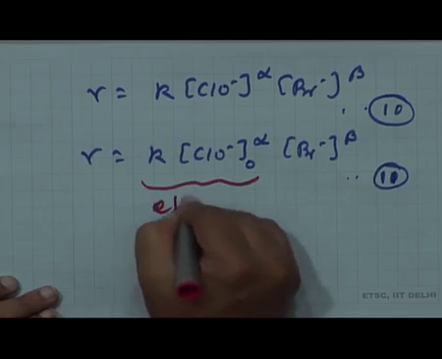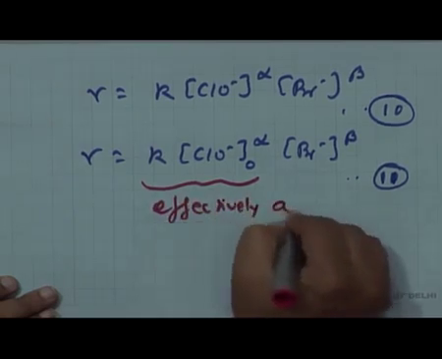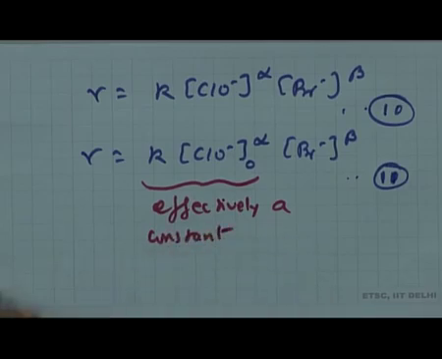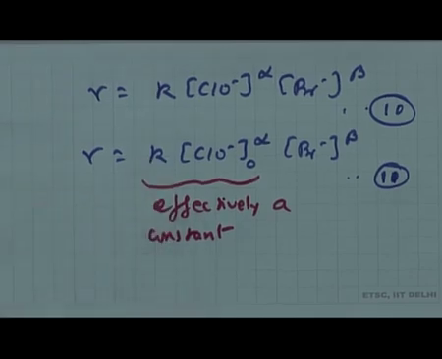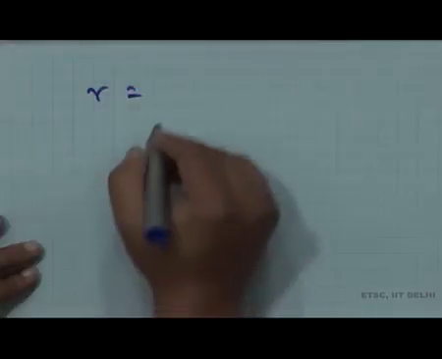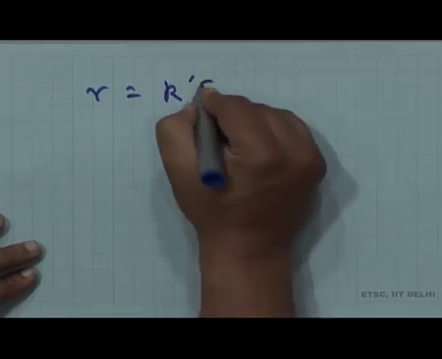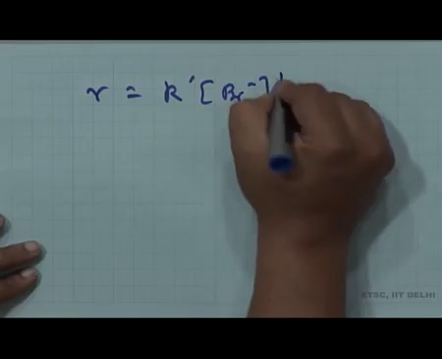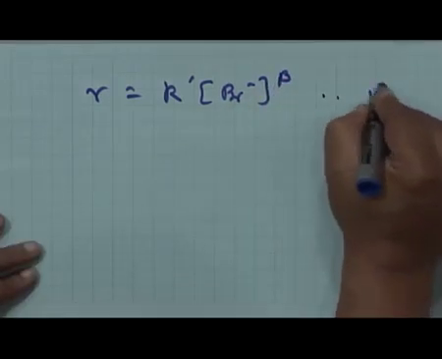is effectively a constant, is it not, because ClO minus initial concentration is constant, ClO minus has not changed at all. The approximation is because the change is so little that it is equal to the initial concentration it started with, times K, which is the rate constant, which is obviously a constant. So, I can rewrite this rate equation or this rate expression like this. So, remember I am having this, I can rewrite it as R is equal to K prime Br minus per beta. So, let this be 12,